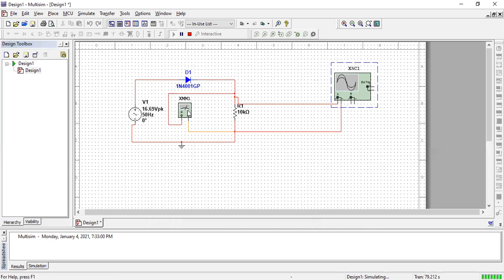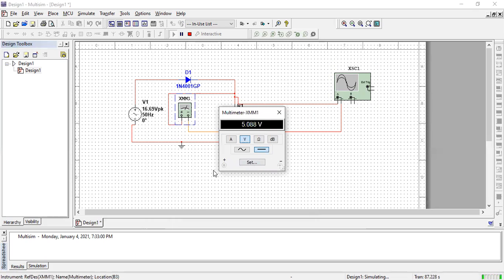Now we'll calculate RMS value and average value from the multimeter. Okay, so your voltage button is active and this is your DC sign. So right now currently it's showing your average voltage. If we click on this sine wave button, at that time we'll get RMS value of your signal.